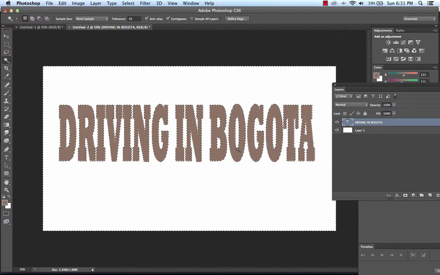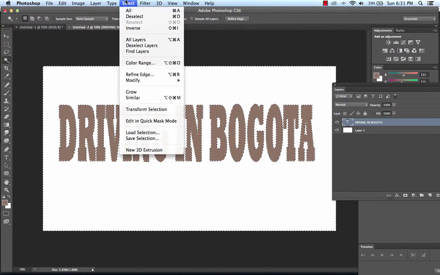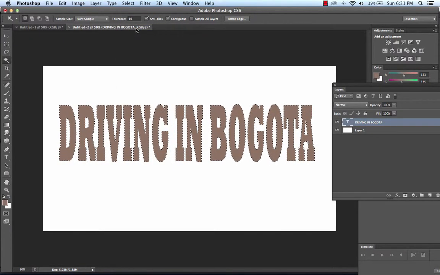Then I'm going to reverse my selection because I was selecting everything outside the text, but I really want to select the text. So I'm going to reverse my selection by going under Select Inverse, and now that text is finally selected. So once I have the text selected like this, I can then go and cut a hole in the background